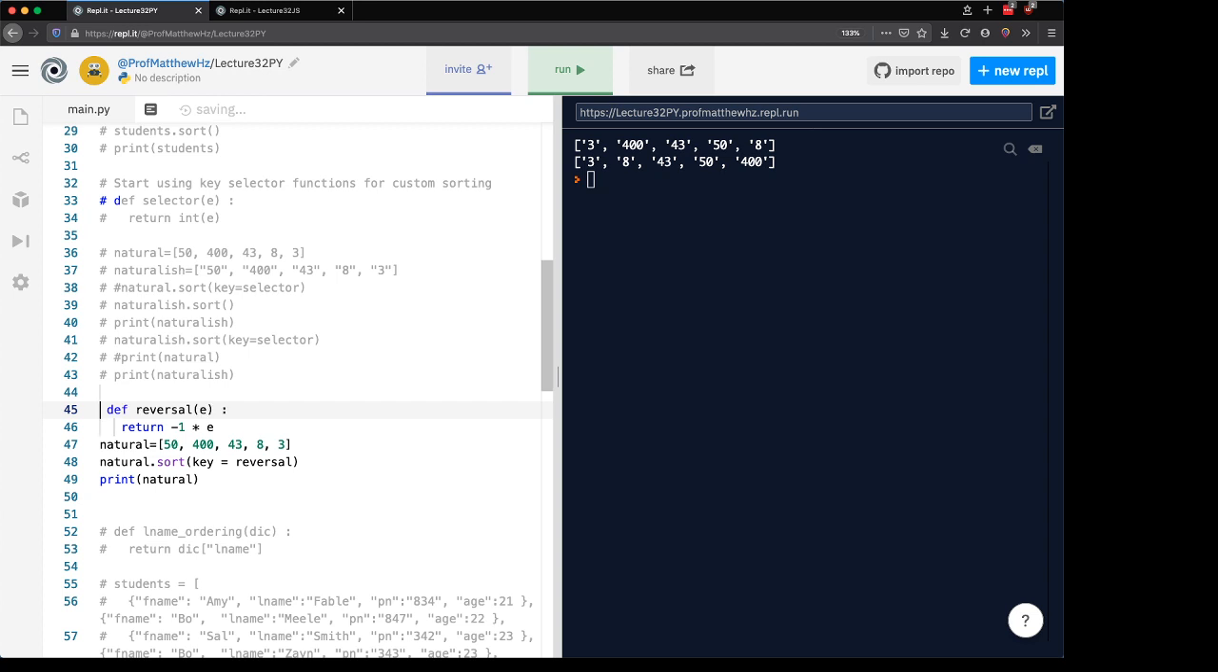What I'm going to do is define another key selector function, but slightly different. Note I called it reversal, and it's going to take in an entry and return -1 times the value of that entry. So if I use this in my sorting, for 50, it's going to sort it as if its value were -50. For 400, it would sort it as if it's -400. And so the result is completely reverse order,